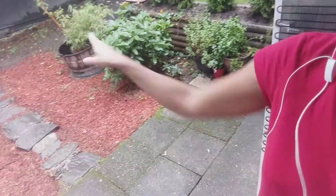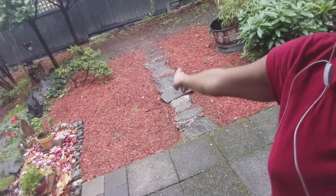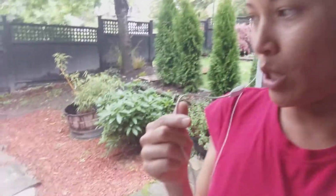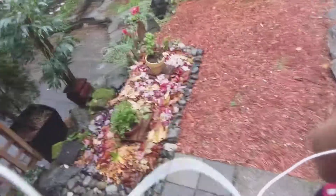But yeah, I sort of moved these stones and made like a drainage that goes down this way that you can't see now, that's covered with mulch, and this little side garden which I filled with sort of seaweed and leaves and stuff, but I don't think they're actually going to keep it as a garden, so I'm not putting a huge amount of effort into it. They're probably just going to, like I said, tile over that whole area next summer. But for now, it's weird because it was really bad drainage and there was just puddles everywhere. So now that we have the mulch and raised the path, there's no more puddles, so they can get through the winter